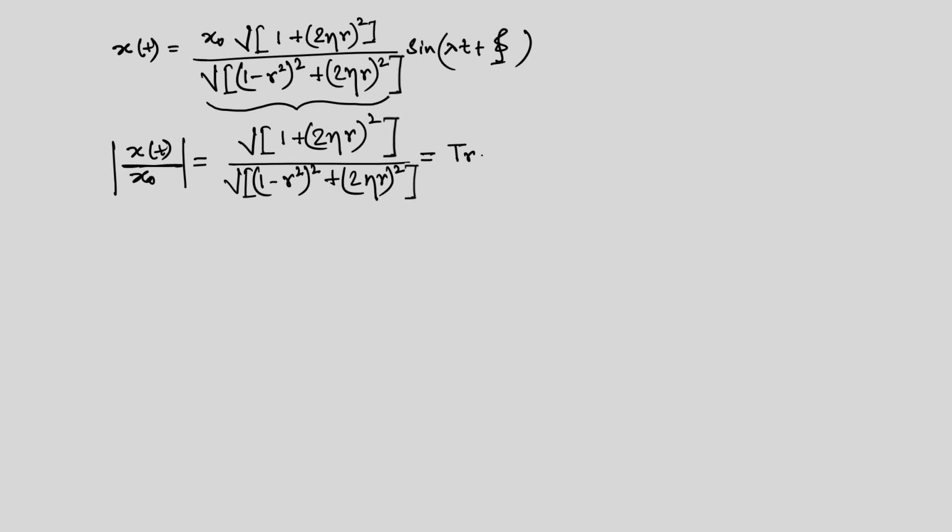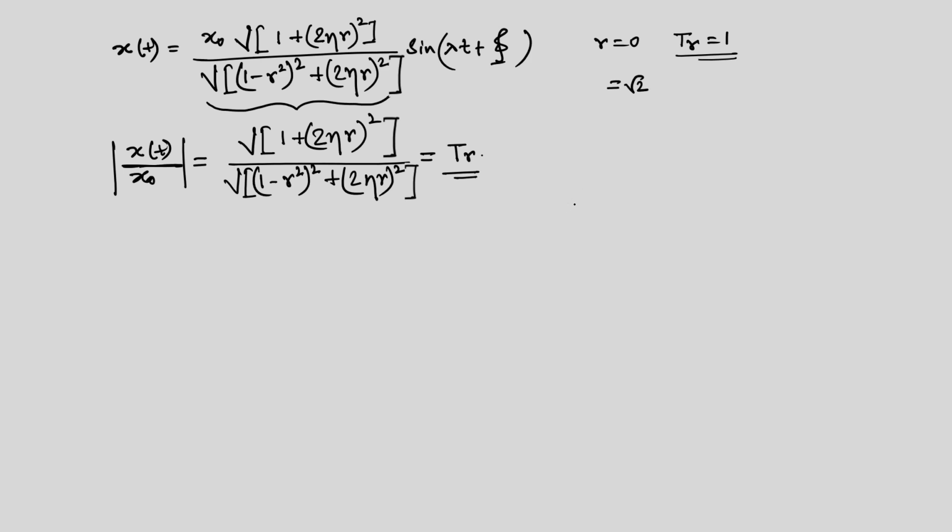Now, this expression, transmissibility, again it is a non-dimensional number. If you look at the expression, it has r, that is the frequency ratio, and eta, that is the critical damping ratio. Now, let us investigate if r equal to 0, then what happens? If r equal to 0, obviously you will see Tr, that is the transmissibility, is equal to 1. So, no matter what is the value of eta, the moment r is 0, this transmissibility will start from a unit value.